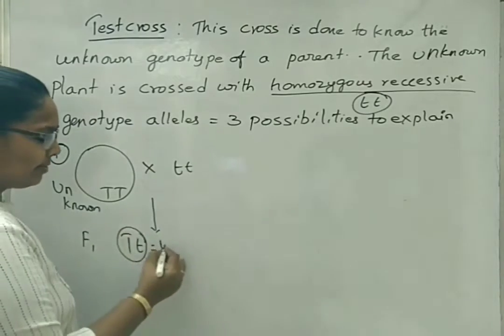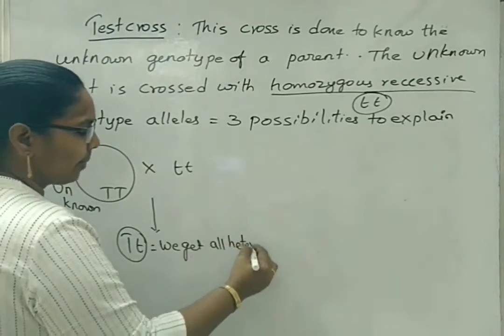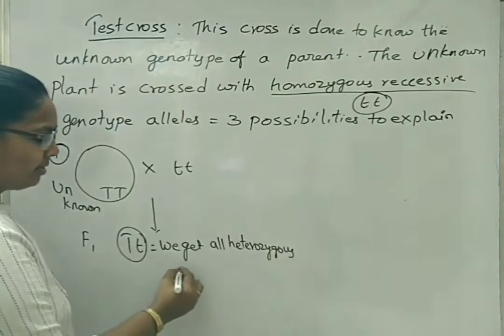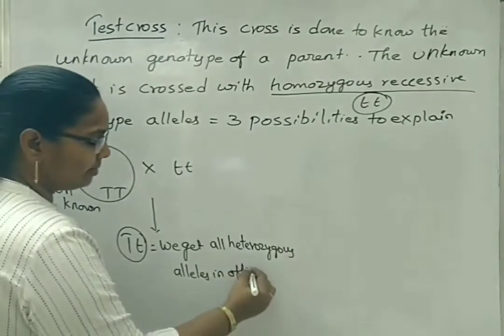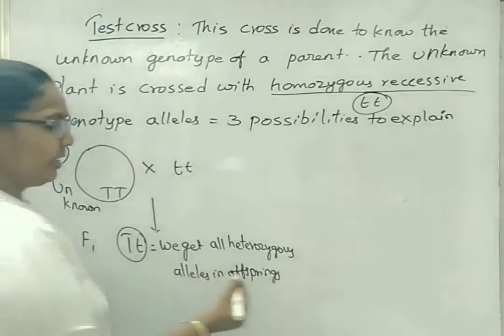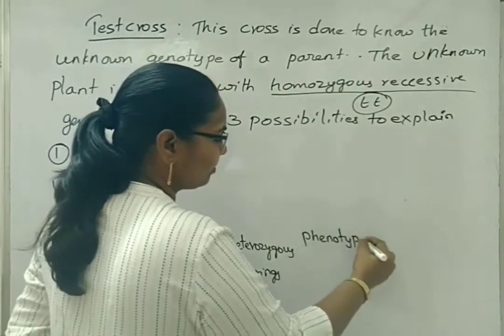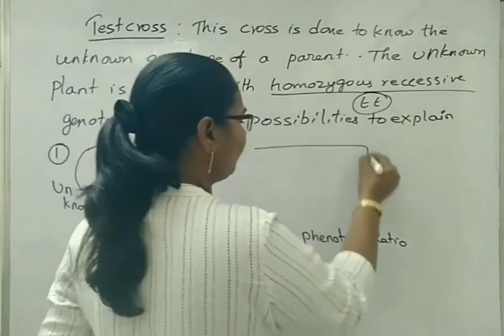It indicates we get all heterozygous alleles in the offspring. So here the ratio will be the phenotypic ratio. If we draw the same thing in the form of a Punnett square,